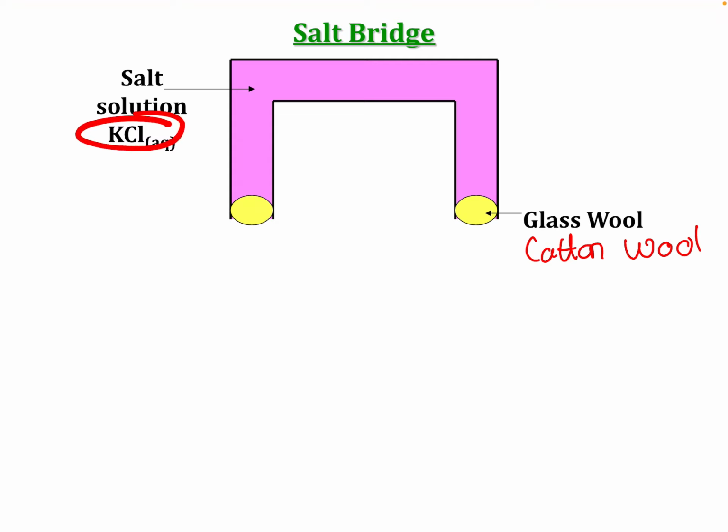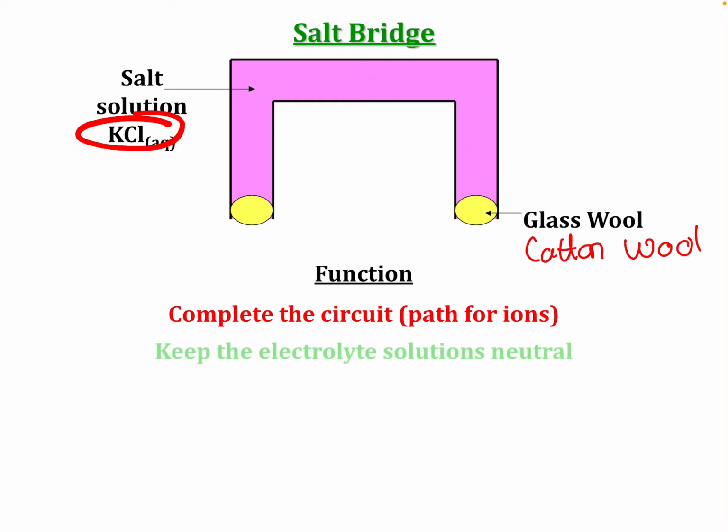It can be any salt basically, and the salt bridge has to be made up of ions. Now, it has two functions which we're going to explain in a second. Number one, it completes my circuit. It gives a path for the ions to move, and it keeps the electrolytes neutral. This is very, very important. If the electrolytes get a charge,